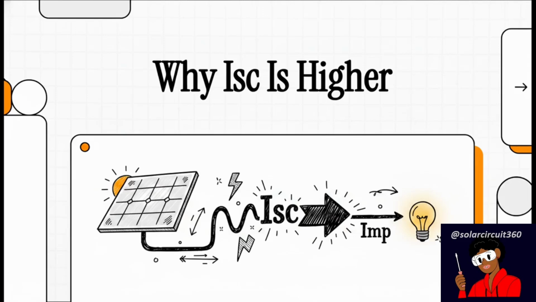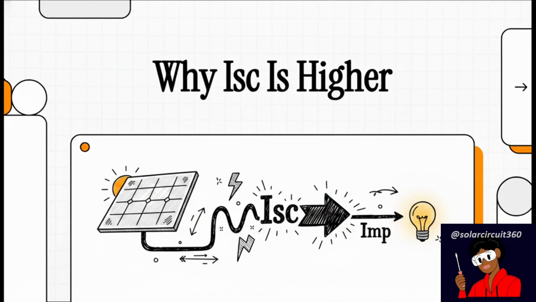Welcome to this explainer. Today, we're diving straight into a datasheet dilemma that literally trips up so many solar enthusiasts and installers. I mean, if you've ever really looked at a solar panel datasheet, you've probably noticed two different current ratings that seem super similar, yet one is always just a bit higher than the other. Well, we are going to unpack exactly why that is and give you the knowledge to read those numbers like